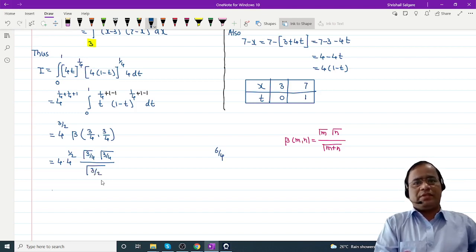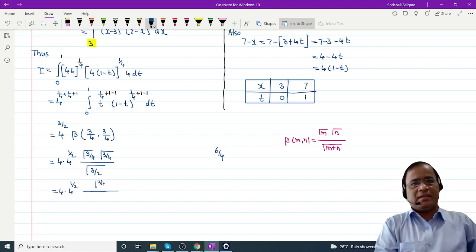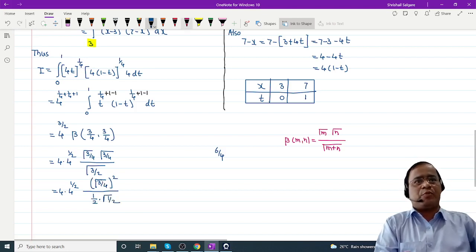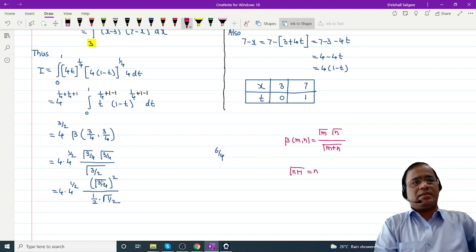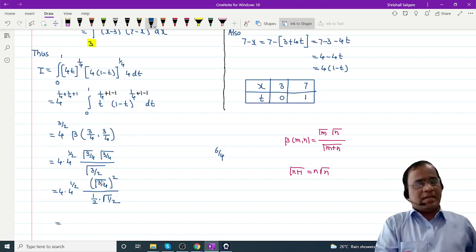If you don't have disturbance, you can keep unmute. Okay, 4 raised to 1 by 2. So gamma of 3 by 4, it is not possible to simplify. That's why I will write gamma 3 by 4. Because if you subtract 1, it comes as a negative. So this further I will simplify as 1/2 into gamma 1/2. Which property am I using? Gamma of n plus 1 is n gamma n. So therefore, it can be written as, yes, final answer, anyone can tell?